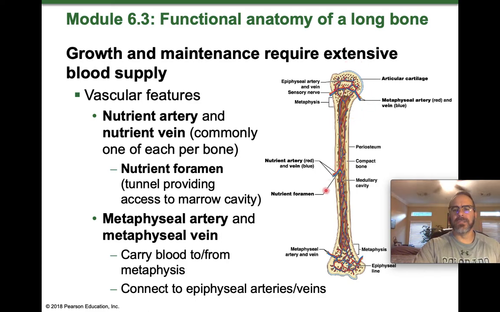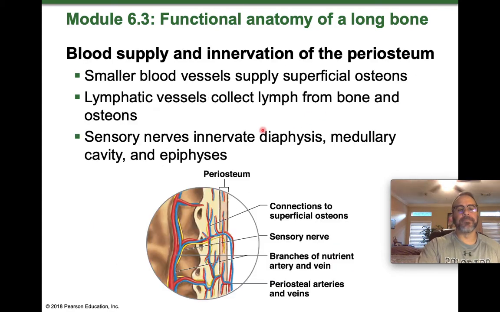Okay, so the nutrient artery and vein is going to go through the main part of the bone marrow. And then at each end of the bone, you're going to have the metaphyseal artery and vein that are going to go in through the metaphyses on both ends. And they're going to bifurcate and go up into the epiphysis. And then it's going to be called the epiphyseal artery and vein. Okay? All right. So we also mentioned in my little sidetrack story that there is connective tissue that covers the